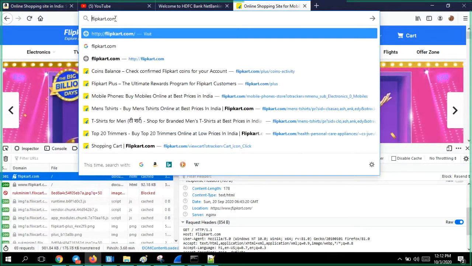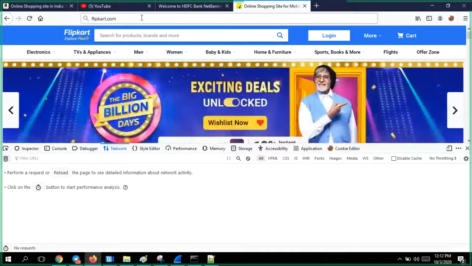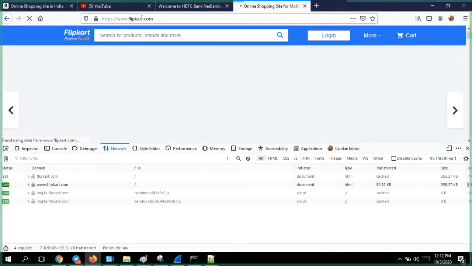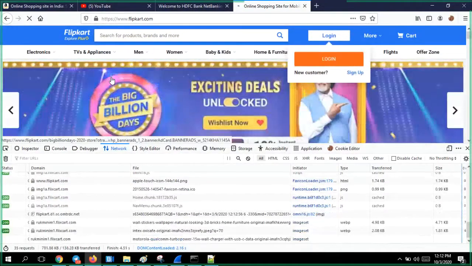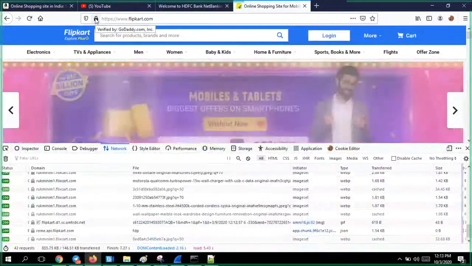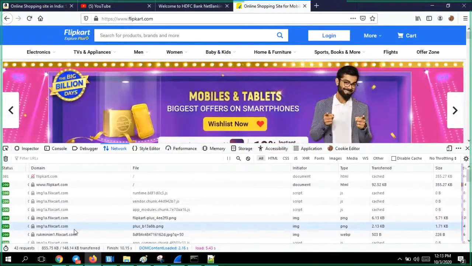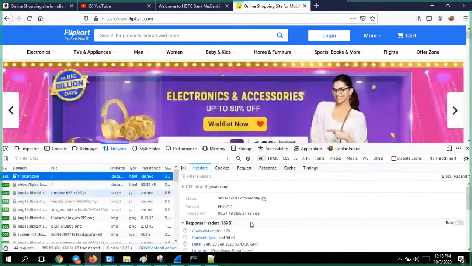No. See, my browser, what it does internally, I'm just clicking it, deleting everything. HTTP automatically came, right? It automatically does. How it happened, I'll let you know.